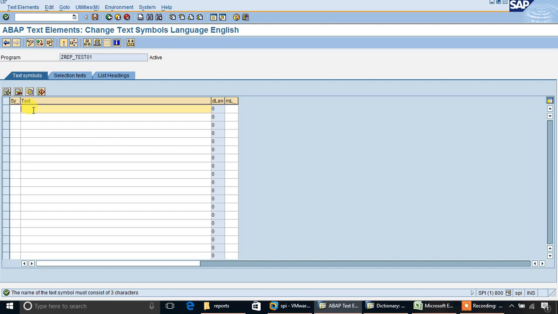We can use this text again and again. Means instead of writing the full text, we can give a serial number. Write text selection criteria. Now save it.